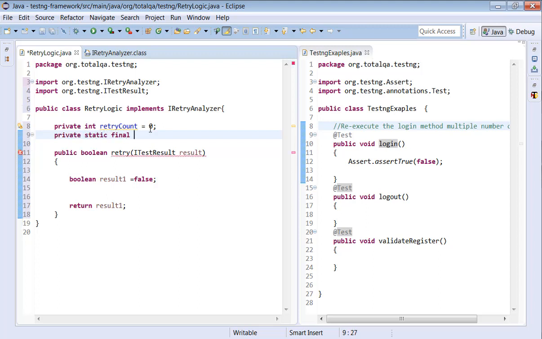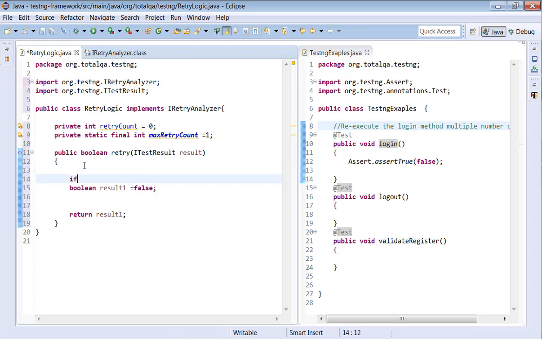So we create some constant variables. Why? Because a constant is fixed. Retry count is not a constant because we are putting the lower limit as 0, the upper limit as say 1. int maxRetryCount: same variable name, but I am putting maximum here and also marking it as final. Why? This is fixed. For fixed values, we can mark it as constant. How do we mark constant in Java? Using the final keyword.